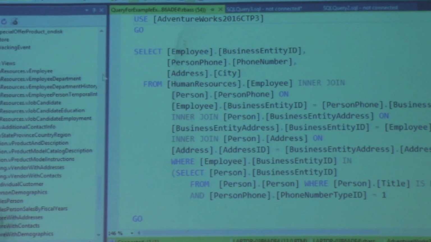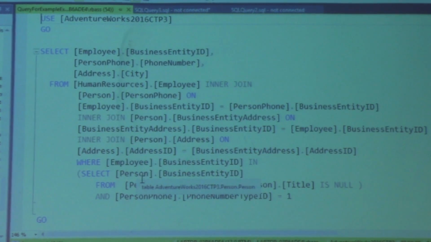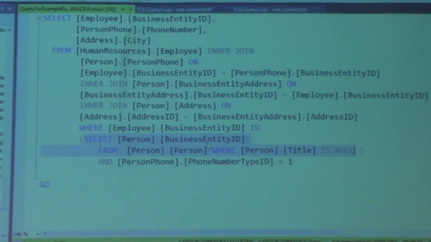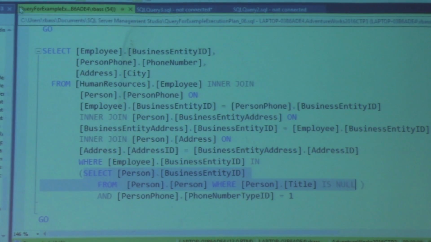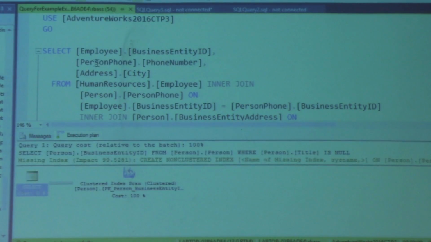this query, which is a little bit bigger, it has a nested query inside. You can see that you need to compute this select first, then get business entity IDs where the title is not mentioned, then go for the rest of the query. Guessing the execution plan for this kind of query is difficult, but you can use this